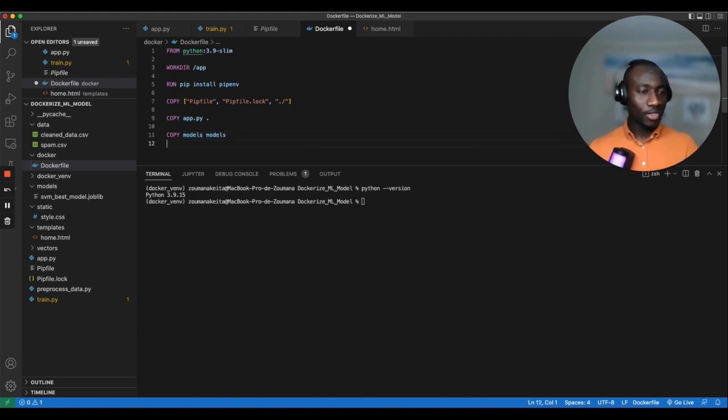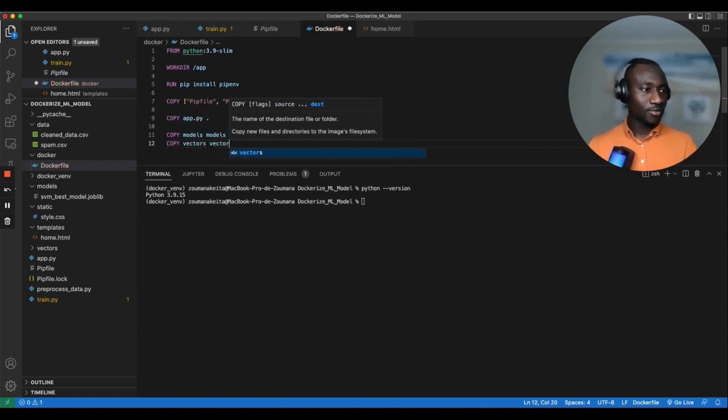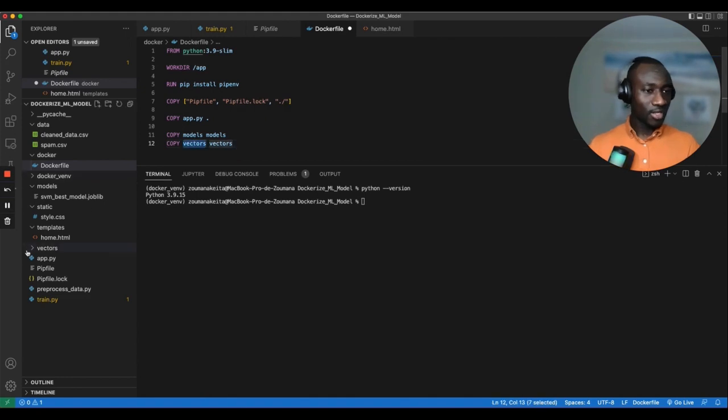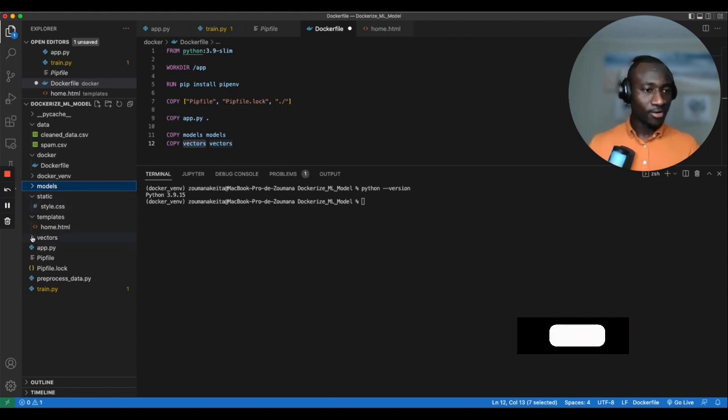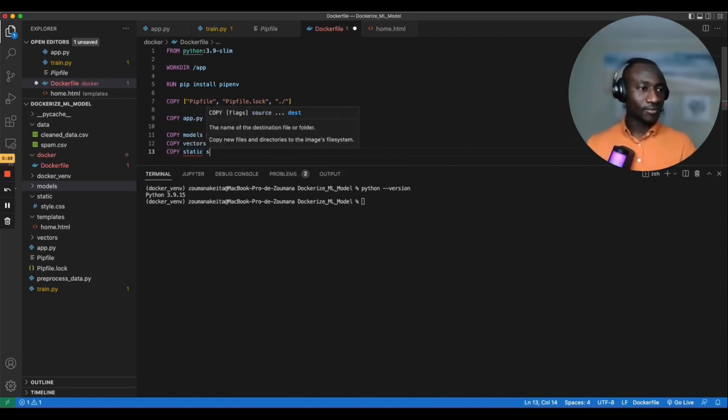And also we need to copy vectors to a vectors folder. Vectors is the .vector folder that we have here, and it's going to be copied to a new folder called vectors, and this new folder is going to be created. Also copy statics into a static,